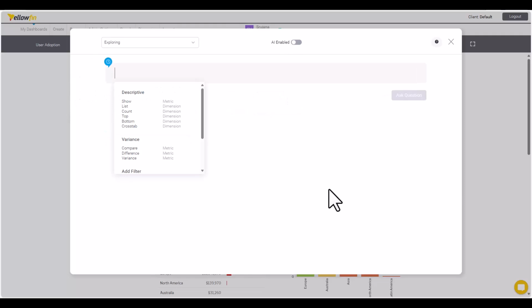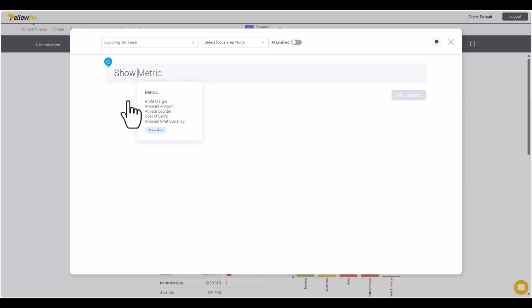Now, before we use the AI-enabled natural language query, which I'll talk about in a minute, we'll construct a simple query using the guided natural language query that we've had for many versions in Yellowfin. So to do that, I'm going to simply show